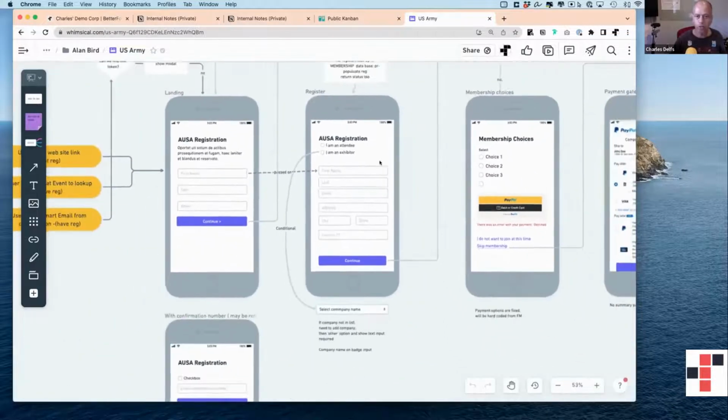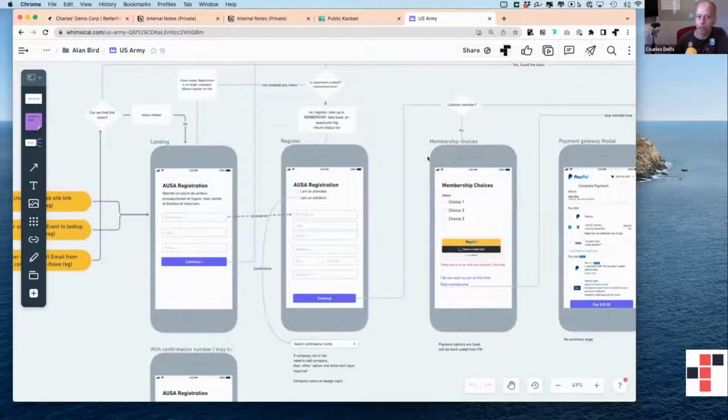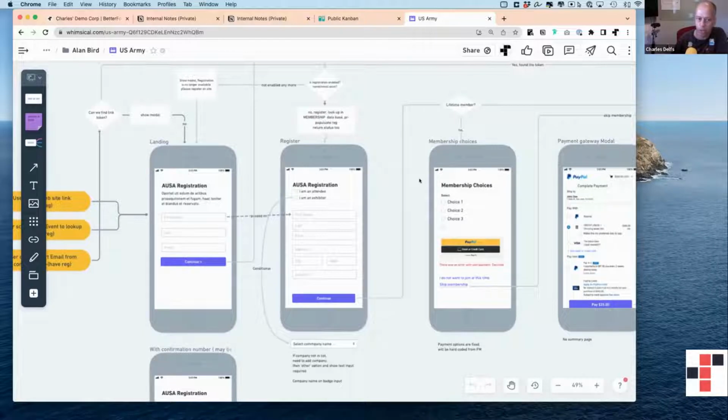And then we start to flesh this out a little bit more. Now, this is not something that we would use to build from. This is not a design that we would use to actually build something from. This is something that I do when I'm talking to a client, to further understand what their use case is. And because most of our clients are developers, they can easily understand what's going on here,